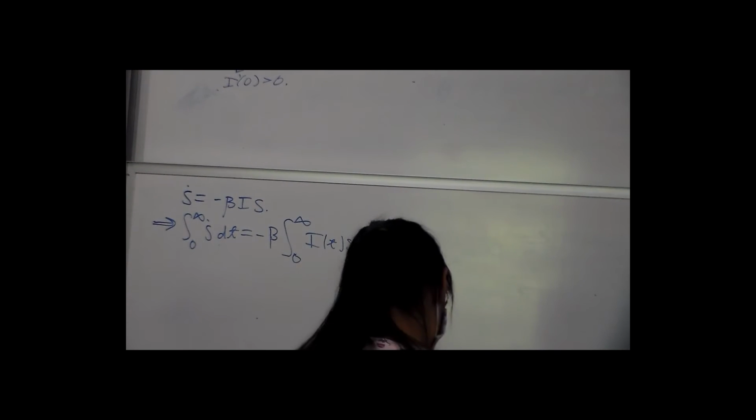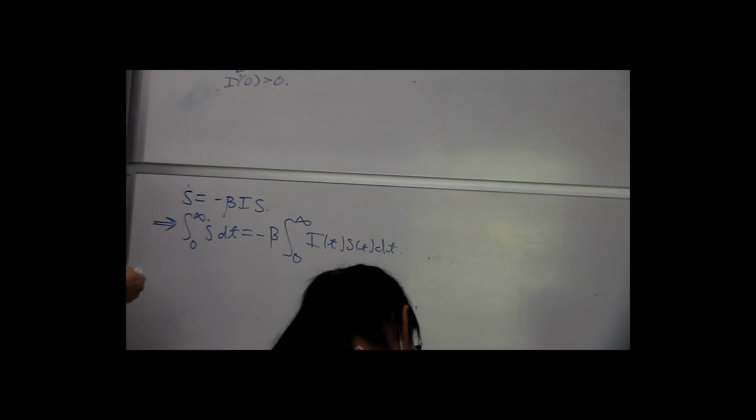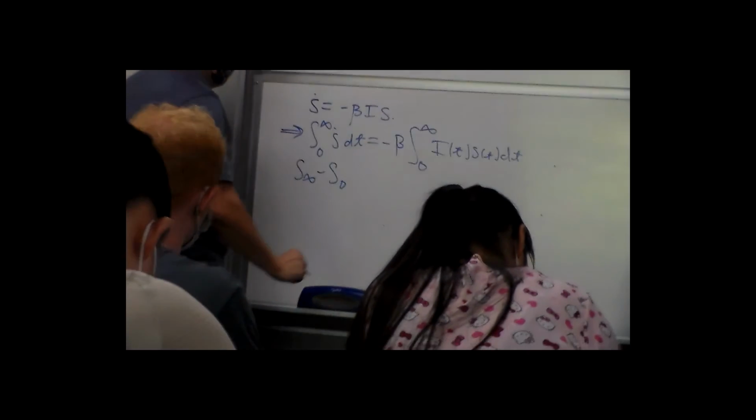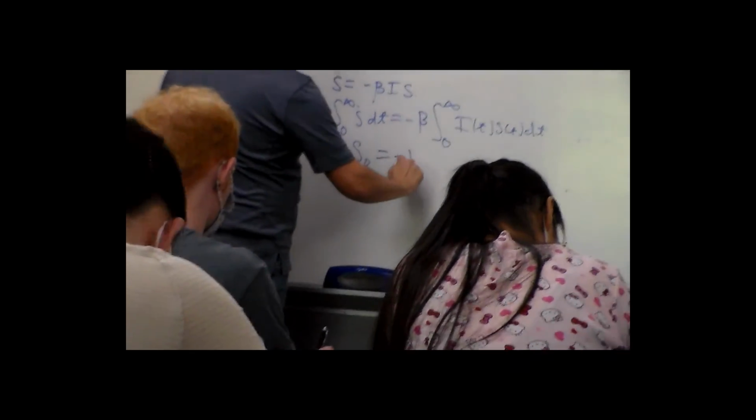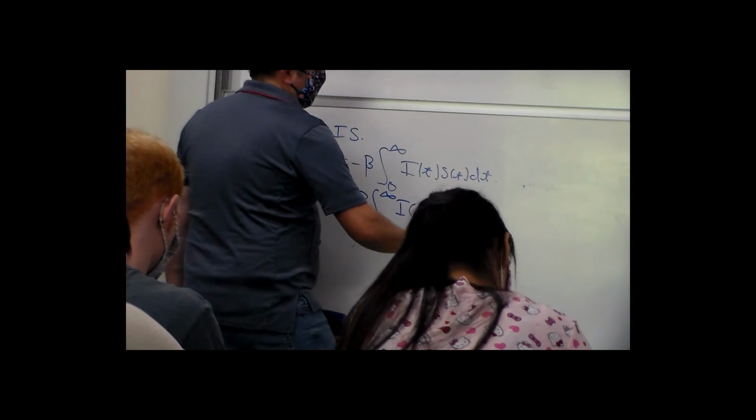Definite. It's probably improper too, but it's also definite. So how do you evaluate it? What's the formula from your calculus say? Heard from somebody. S infinity minus S0. Good. So this is S infinity minus S naught. And then this is minus beta times the integral from 0 to infinity of I of t times S